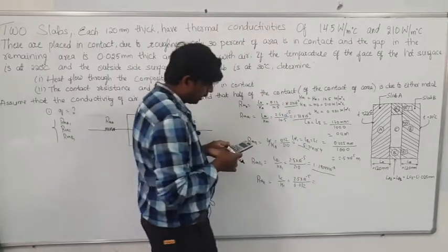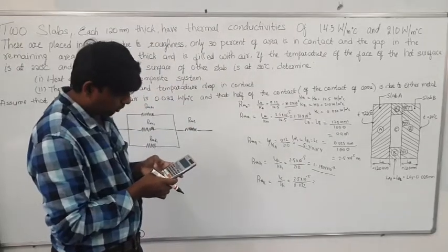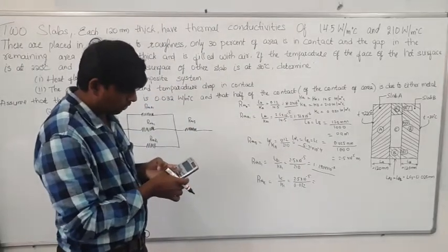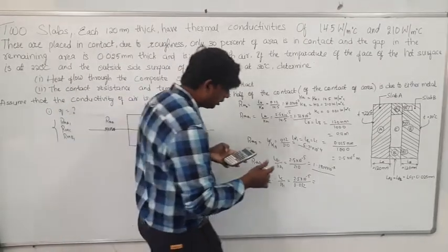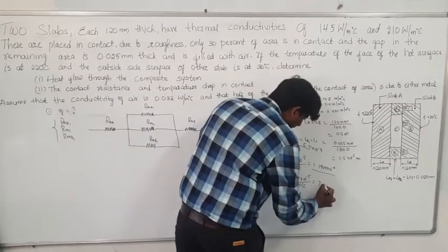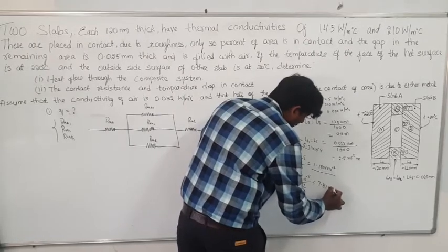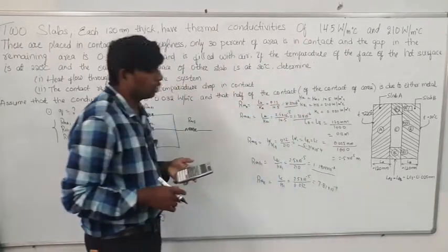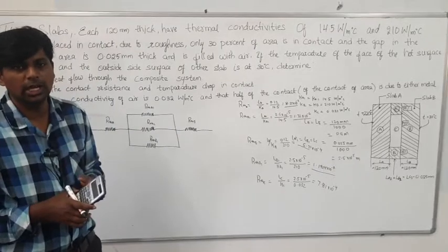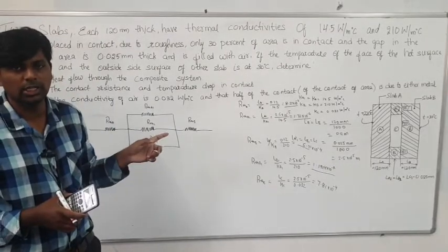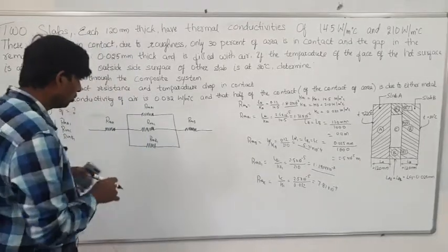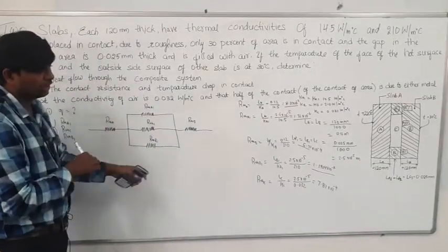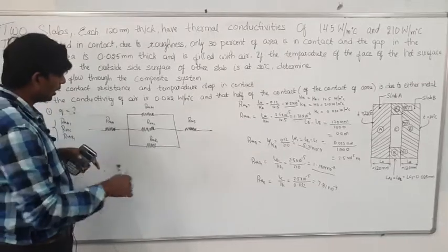After that, next value, what is given here? 2.5 into 10 to power of minus 5 by 0.032. If you solve this one, how much you are getting? 7.81 into 10 to power of minus 4. Here you got the values of RTHA, RTHB, RTHA1, RTHB1 and RTHC. So no need to write here. Big values are there, in decimal it is there. So let it be like that only.